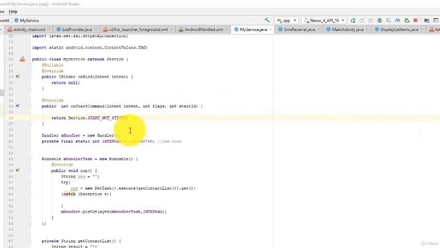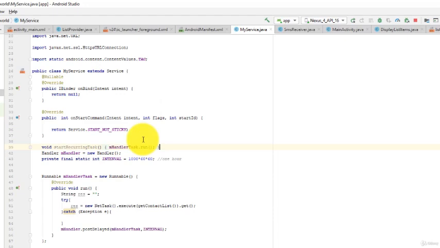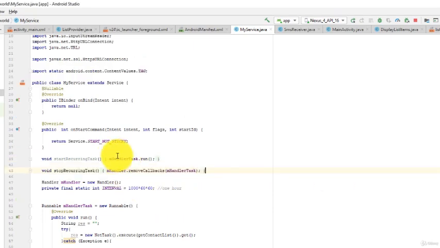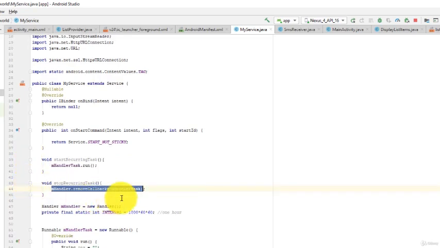Let's call this one startRecurringTask and the other one stopRecurringTask. Then inside we say mHandlerTask.run. And here, mHandler.removeCallbacks, parentheses, mHandlerTask. So here we are just stopping it.